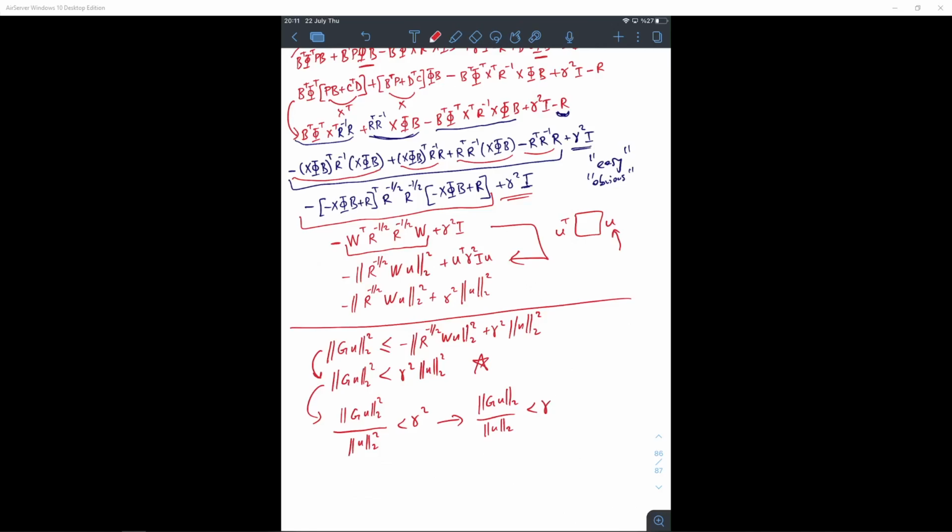Okay, and this is the definition of H infinity. Ta-da! And this was the sufficiency